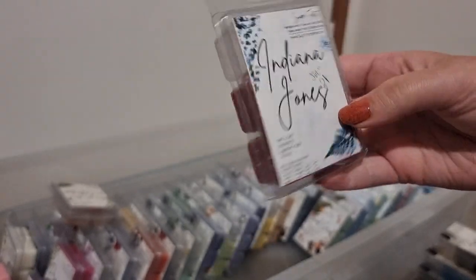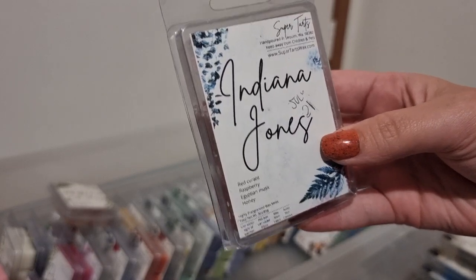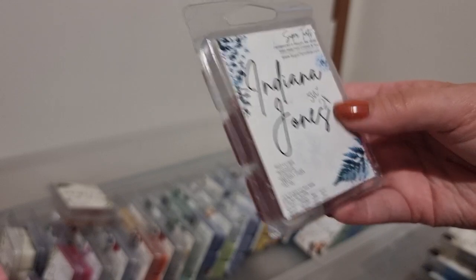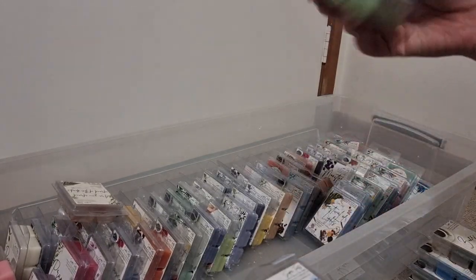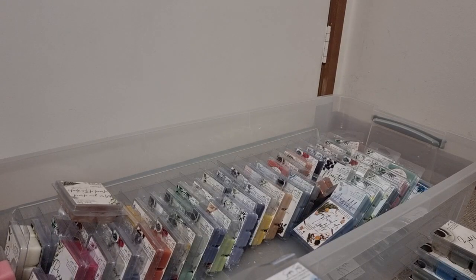Indiana Jones. I didn't really like this one. I'm just wondering why I haven't purged it yet. Maybe I was going to give it one more go. Red currant, raspberry, Egyptian musk, and honey. It was just very full on. Hard to describe. Good grief. So I talked about this one in the other box. It's really, really lovely. Sorry, I'm just...